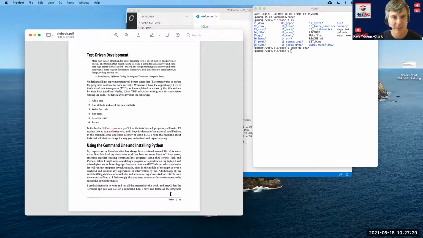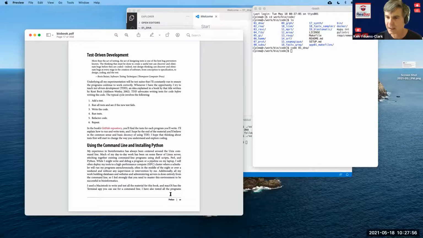But the idea of test-driven development is this. You create a test, you run your code, and you verify that your program actually fails, like it does not do this thing that the test says it should do. Then you write the code that passes the test. Then you run the test and you verify that now it does do the thing it's supposed to do. And now that the program works, now it actually counts the nucleotides, you have the ability to refactor your code.